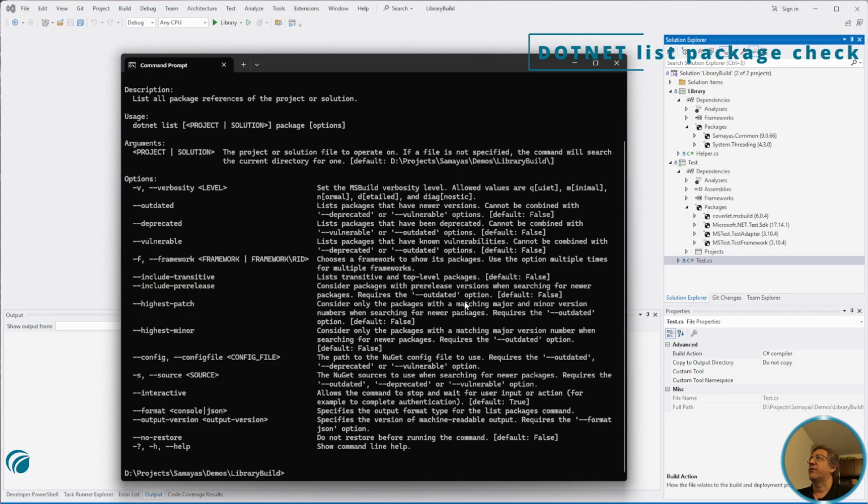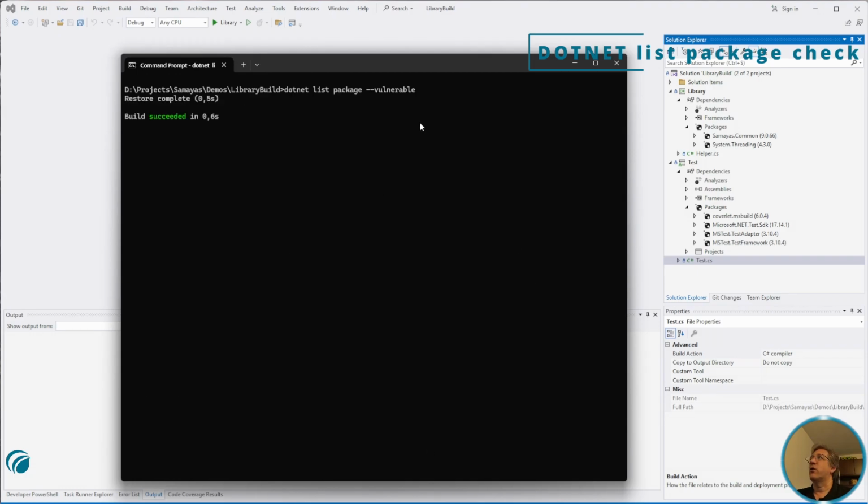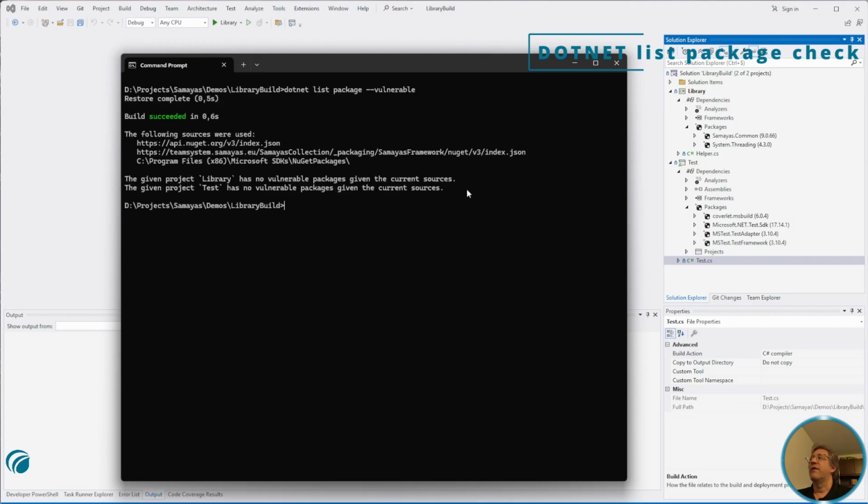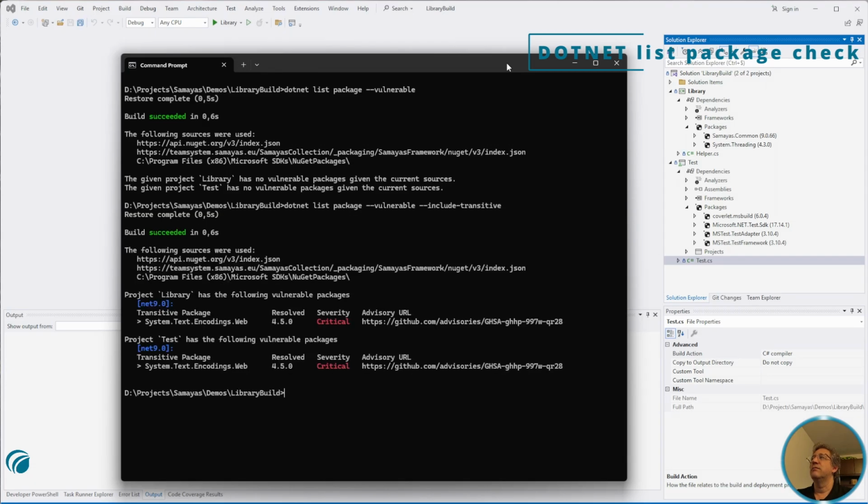So first look at the vulnerabilities. If I have a quick look, neither of those packages have direct packages which have vulnerabilities. Now there's a second parameter, include transitive, which means it'll look for all vulnerabilities in our packages and all referenced packages. And here we have a slightly different image. Even though we don't have an issue with the directly referenced packages, some of the sub-packages still have a critical issue on